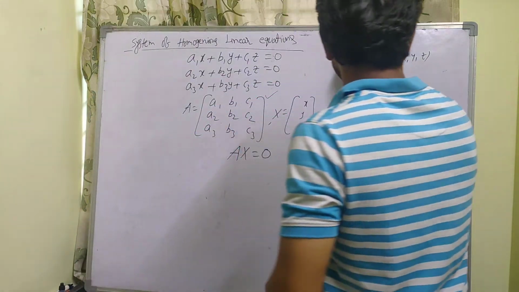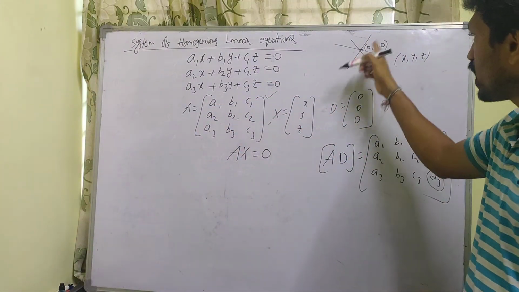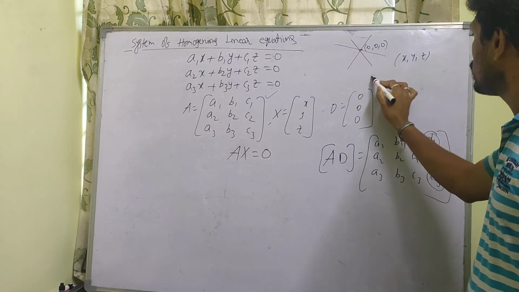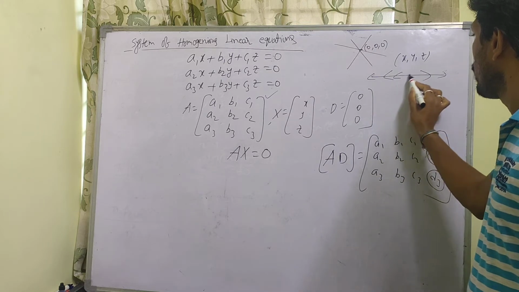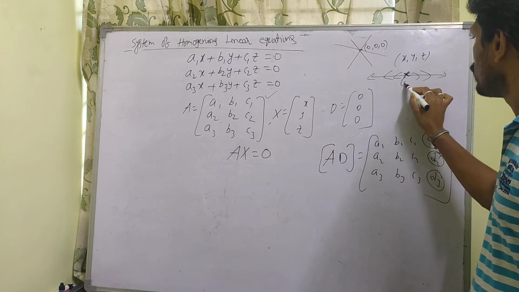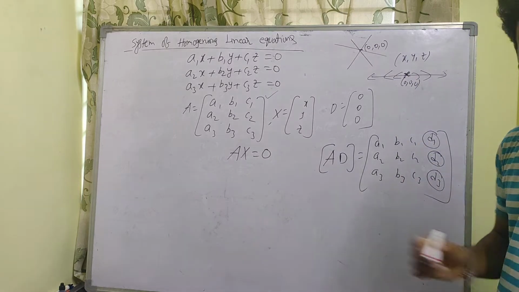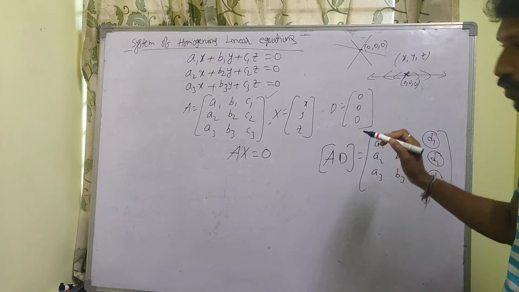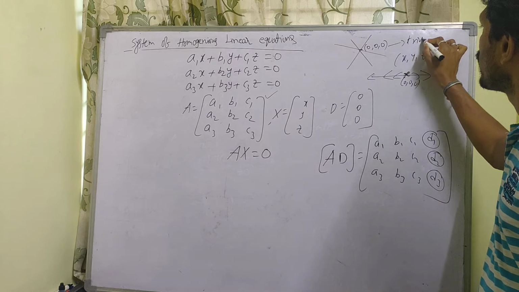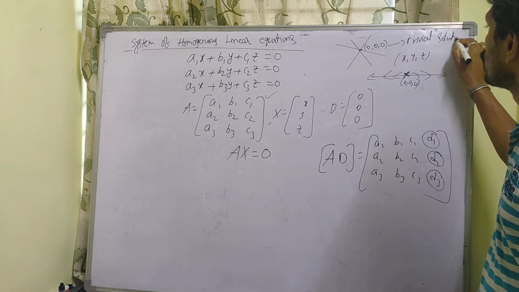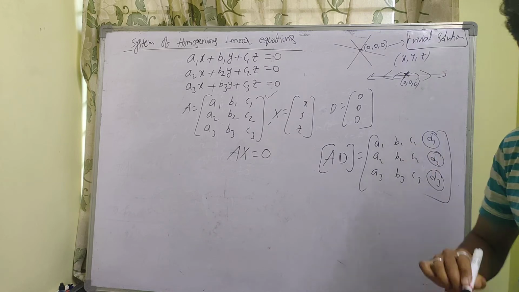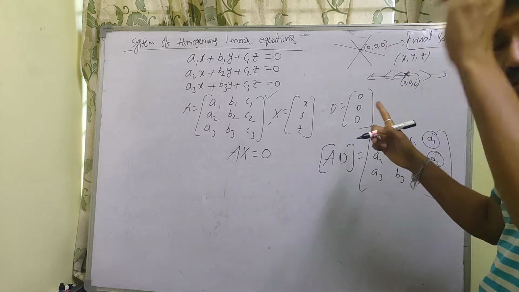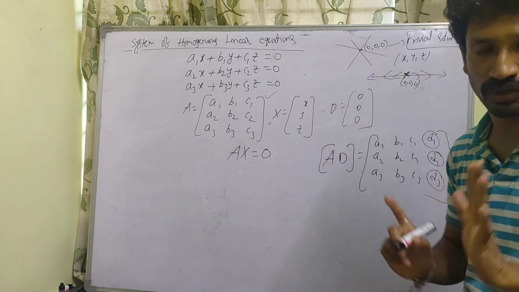That means the equations may be going like this, passing through the origin 0, 0, 0, one of the solutions. In other words, they may be like this, three equations, but somewhere we have the origin 0, 0, 0. This obvious, clear solution, the always-solution, is called a trivial solution. If it has a unique solution, that is nothing but the trivial solution, that is 0, 0, 0.